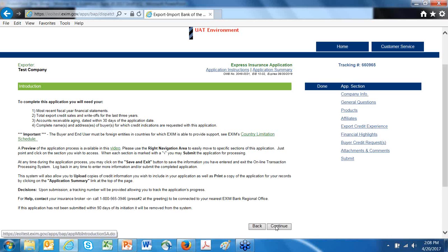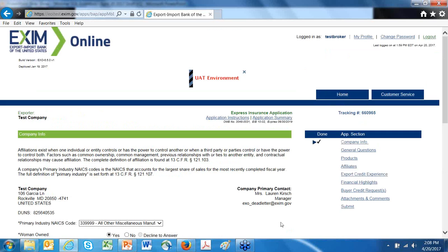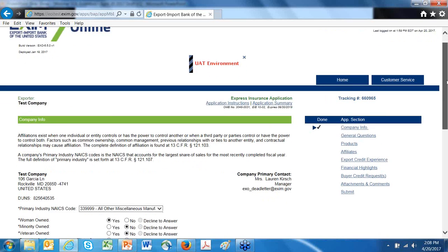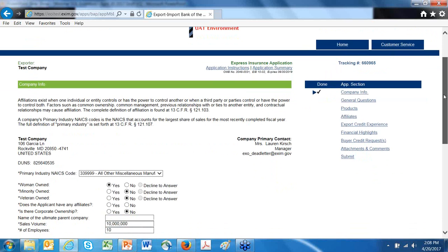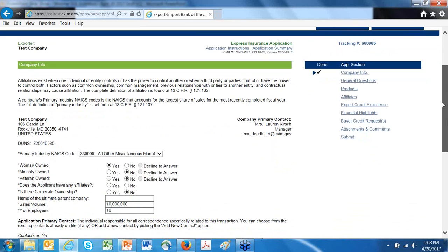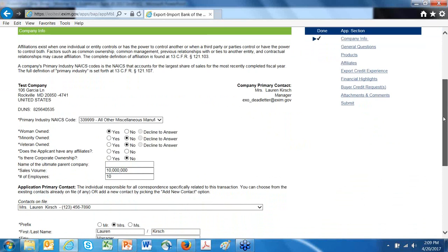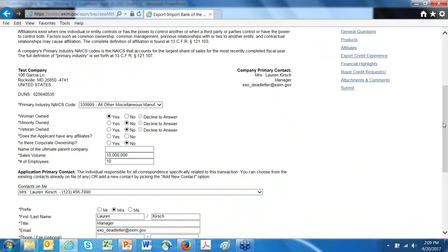Let's go one step further. So I didn't click on company info. I clicked continue, which takes you then to the first section of the application form. And here you'll enter basic information that Ex-Im Bank requests to help keep track of certain statistics.